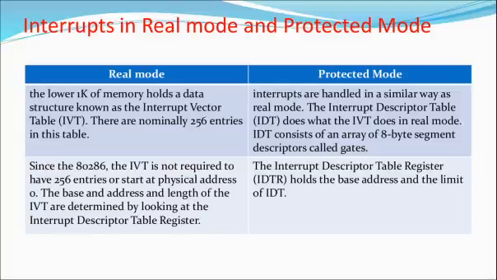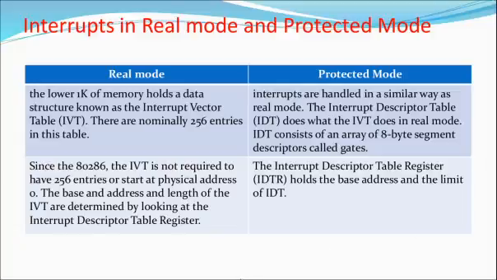In this video, we will see how interrupts are handled in real mode and protected mode. Real mode and protected mode are the modes of 80386. In real mode, there is no protection, whereas in protected mode, a protection mechanism is applied for the instructions and data. In both modes, interrupts can be raised and interrupts can be handled. So here we will see what is the difference of interrupt handling.